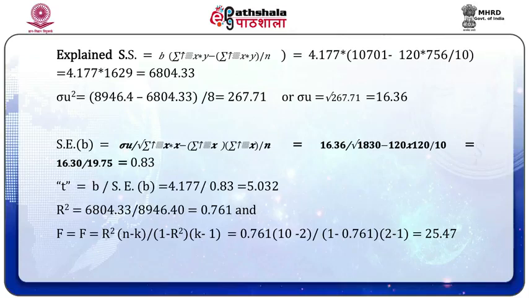25.47. F value for df is equal to 1, 8, in bracket 2 minus 1, 10 minus 2, given in the table are 16.86 for 1% and 5.32 for 5% levels of significance respectively. Our calculated value is found to be significant even at 1% level of significance. Thus, we can say r square is statistically significant from being 0. In other words, we conclude that the independent variable is explaining the dependent variable in a substantial way, not in